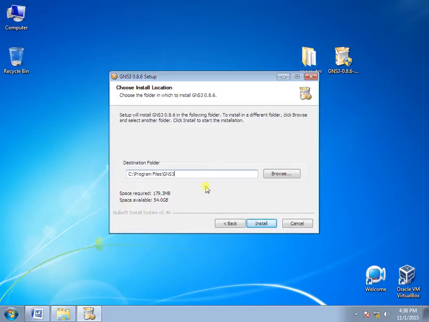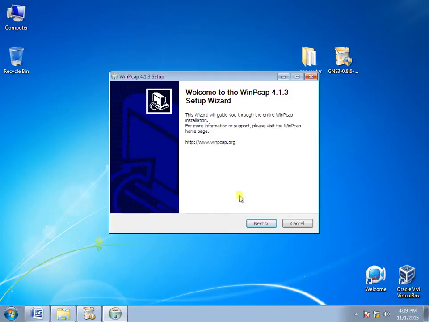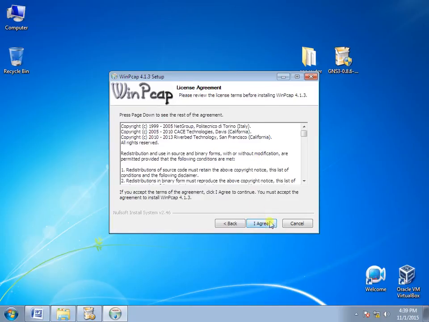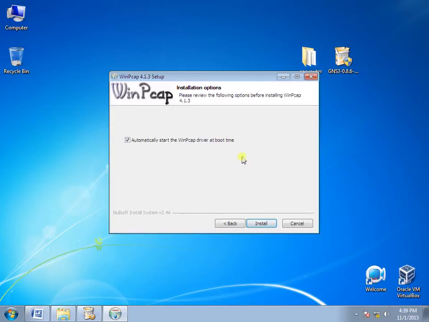This is the location where we will install our GNS3 software, and we need around 179 MB of space. We have enough space available on our C drive. And see, we need WinPcap 4.1.3, which is already bundled with GNS3. So we will start with WinPcap. It will be started when our system boots,